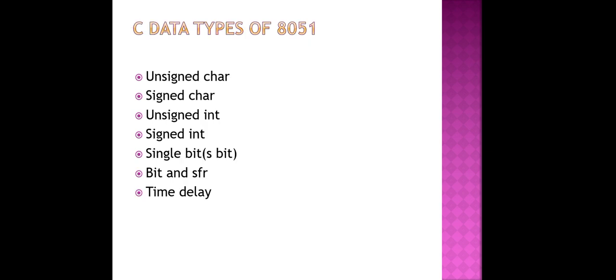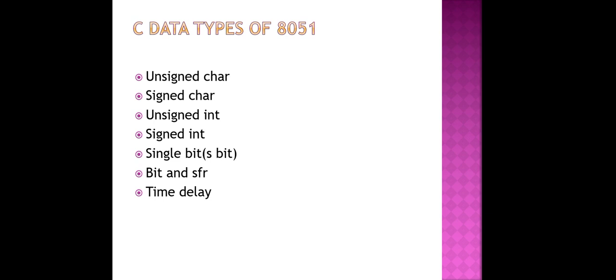The first topic is the C data types of the 8051 microcontroller. The first data type is the unsigned character. The 8051 is an 8-bit microcontroller, and this data type is the most natural choice for many applications.